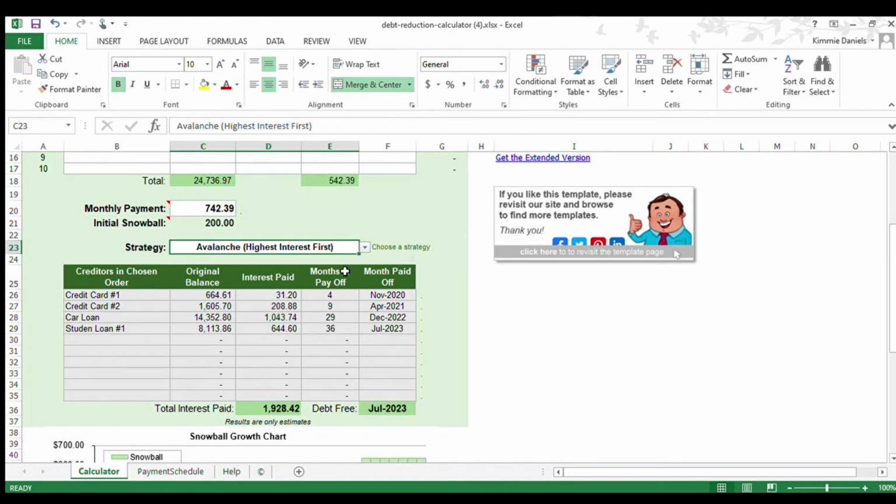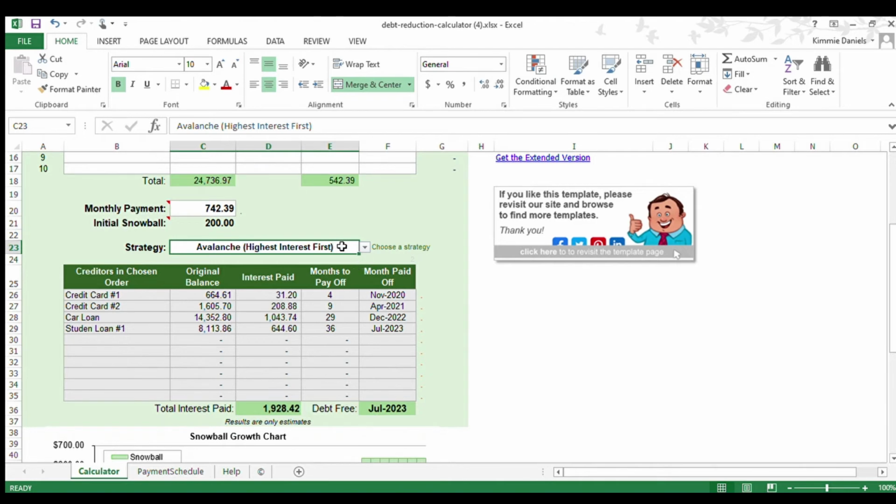So let's click on that. Now it's going to show a month earlier, so July 2023, and it's going to show $1,928.42. Now that already sounds better to me. It's below $2,000, and that is just doing $200. So obviously if I contribute more money, it will go down even more, but this is what it looks like with just the minimum $200.